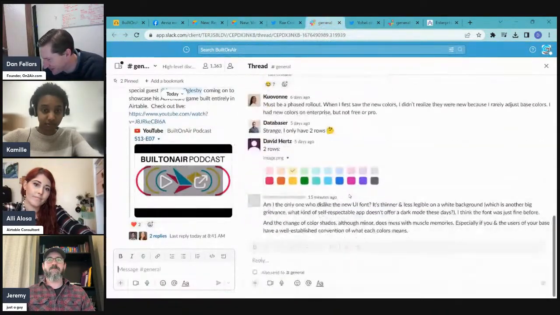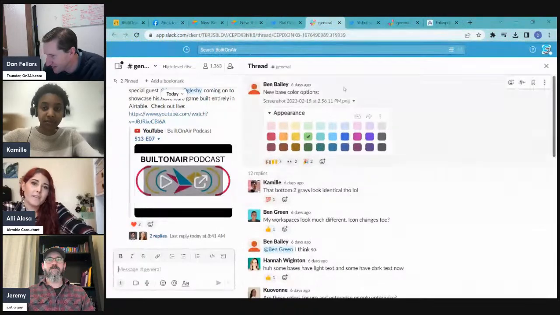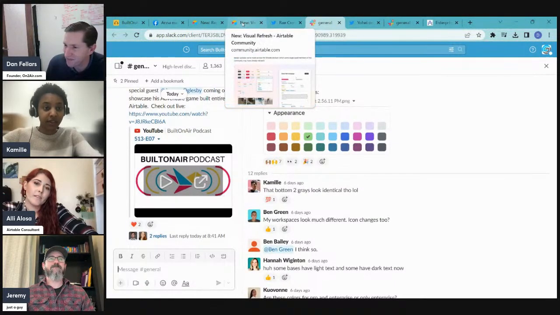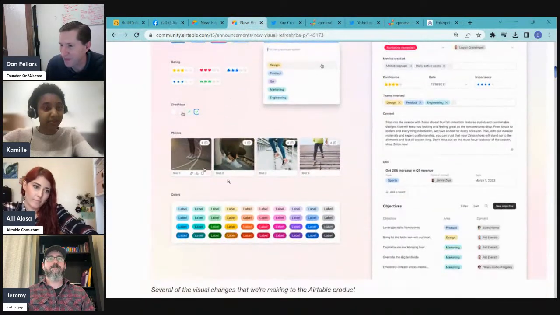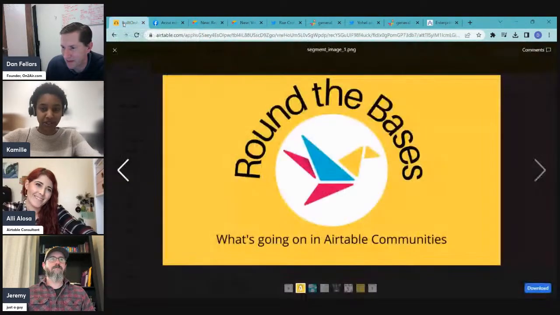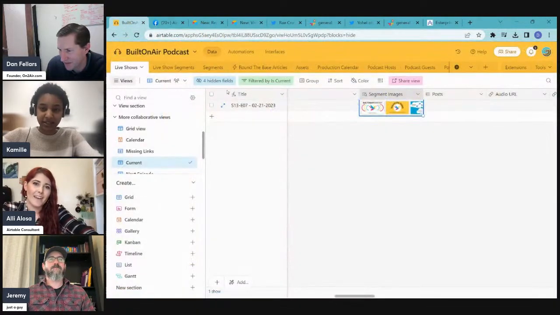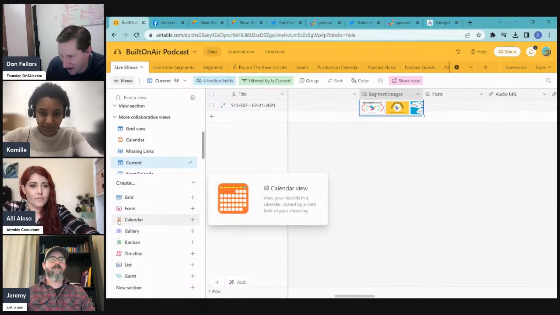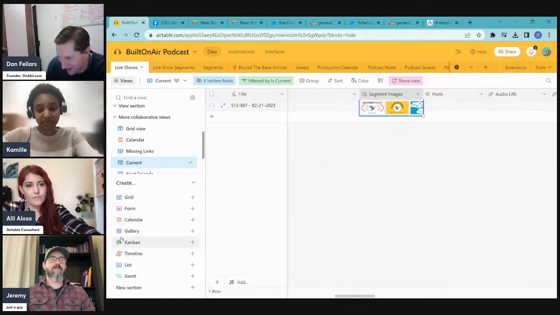So that's cool. What'd you think of the new icons? I think there's a screenshot somewhere of the change in icons. They're all pretty thin now. I don't have more opinion than that, other than they're thinner, and I wonder if that makes them harder to see. Yeah. But they're pretty close to what they were. I think the icons aren't too different. They're not. They used to be more boxed. Now they're a little bit more floating.